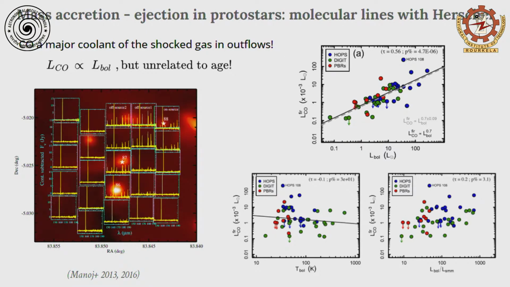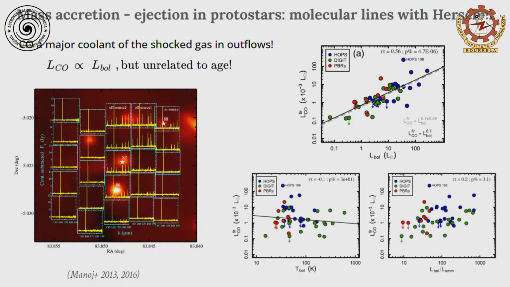Moving on, with Herschel, I told you about the CO line. We were one of the first groups to demonstrate that carbon monoxide is the major coolant of the shock gas in the far infrared, contrary to what was thought then, when everybody thought it was water. We used the carbon monoxide line luminosity as a proxy for mechanical luminosity, and we found a good correlation between the carbon monoxide far infrared line luminosity,